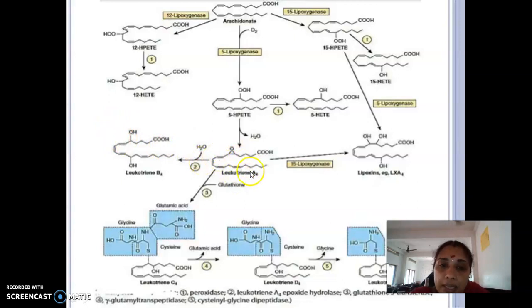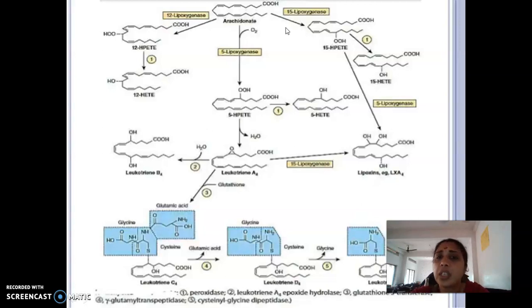Then the same leukotriene A4 can be converted to leukotriene C4. Then from C4, D4 is formed. D4 is converted into E4. So these are the different types of leukotrienes. So arachidonic acid is acted upon by lipoxygenases. Based on the type of the lipoxidase, there are 3 different types of intermediates formed. The intermediate is called